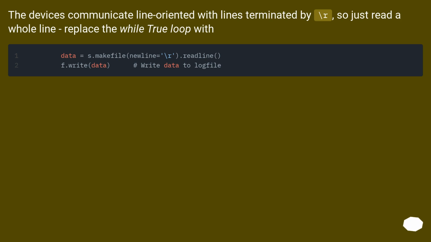The devices communicate line-oriented with lines terminated by \r, so just read a whole line, replace the while true loop with